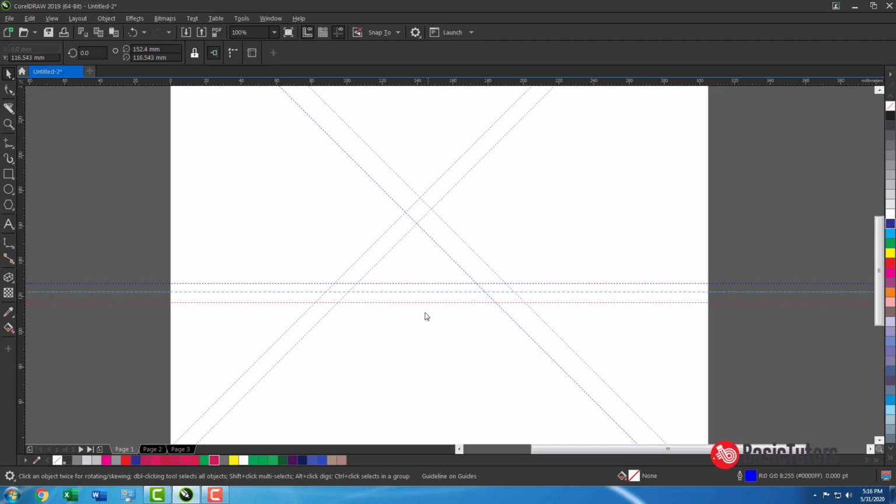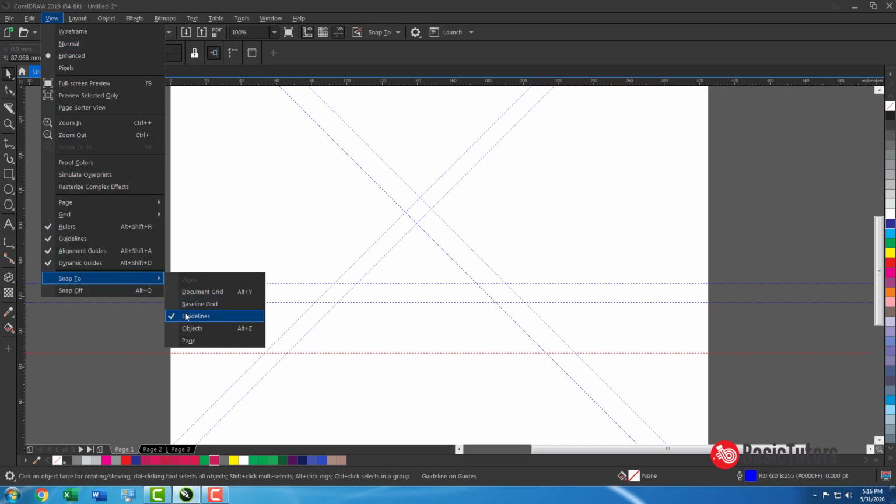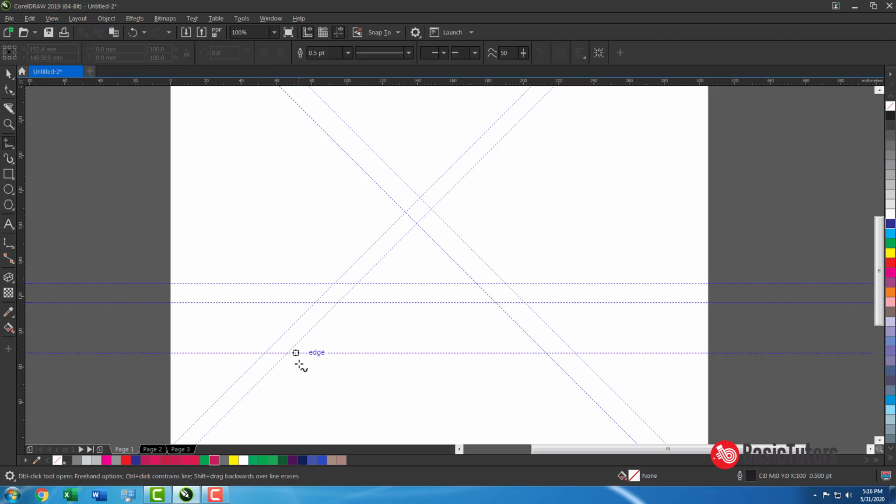Suppose, what will happen when you make snap to guidelines? See, snap to guideline and draw objects. You can draw any shape.